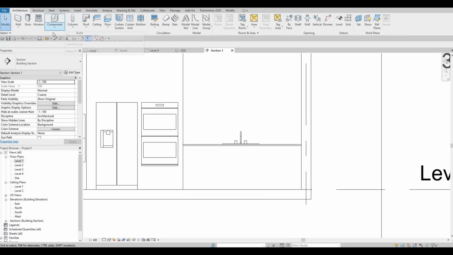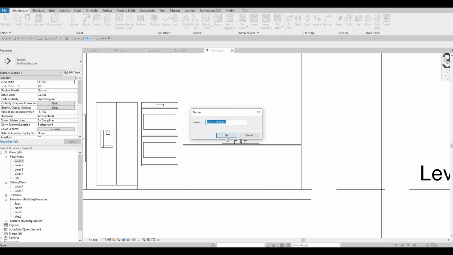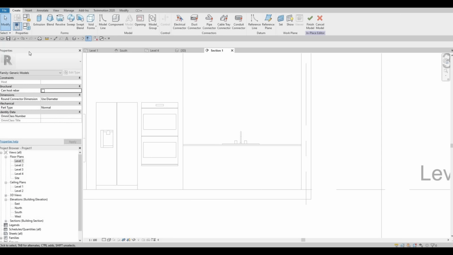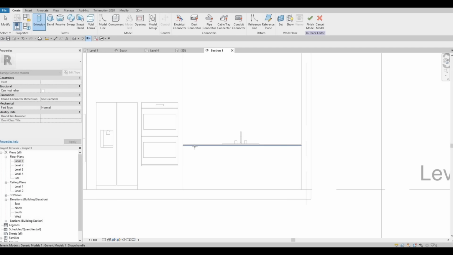So what we could do is click model in place again, generic model, and now another extrusion. We're gonna pick a plane, which is, we could set it again, you need to type, click on tab so that it circulates, and then there we could select the face of this extrusion, and then